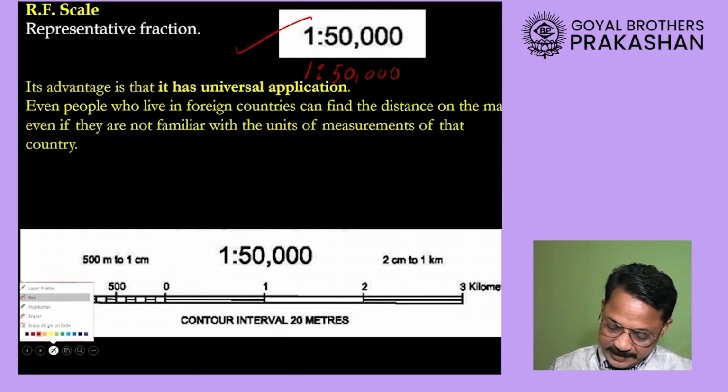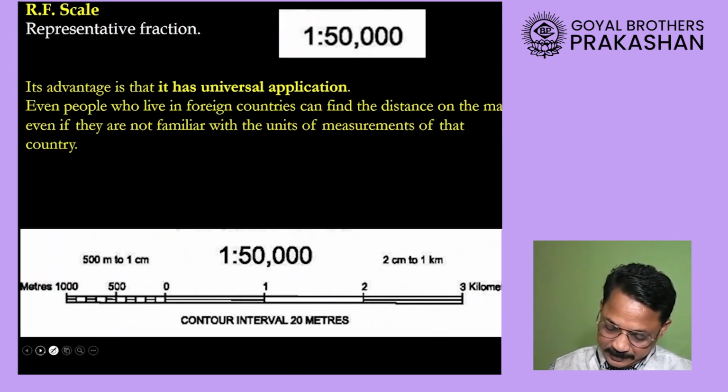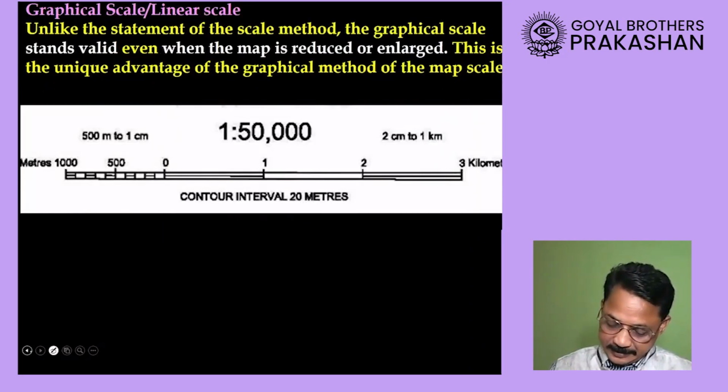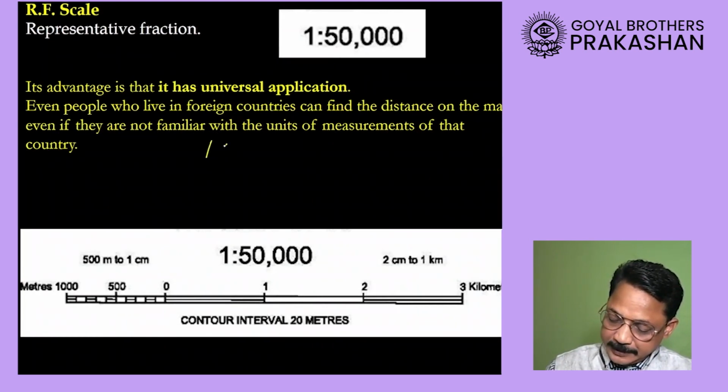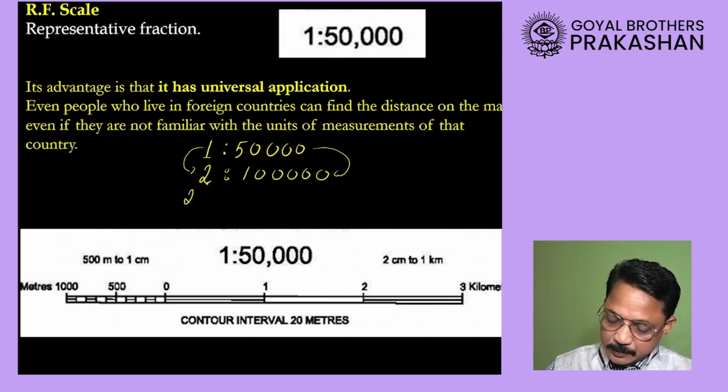Now, we can very easily convert this into a simpler scale. How can we do that? Example. Now, please see this example carefully. 1 is to 50,000. Suppose I double this value 1 and I make it 2. So the 50,000 will become 1 lakh. Because I have doubled this value, I have doubled this value also. That means now suppose this 2 is a centimeter. So 2 centimeter becomes